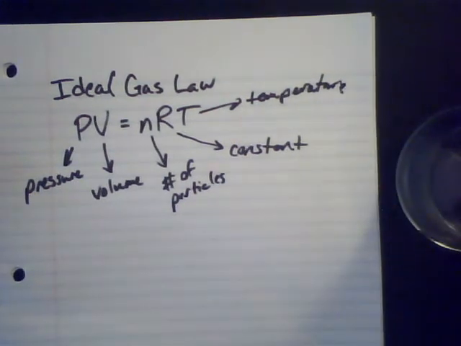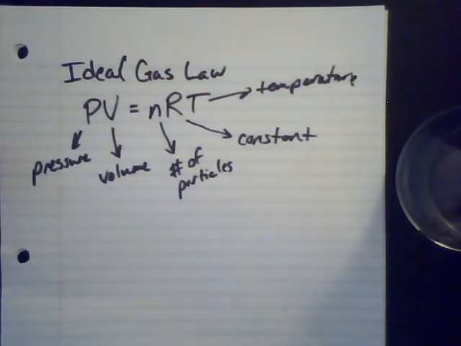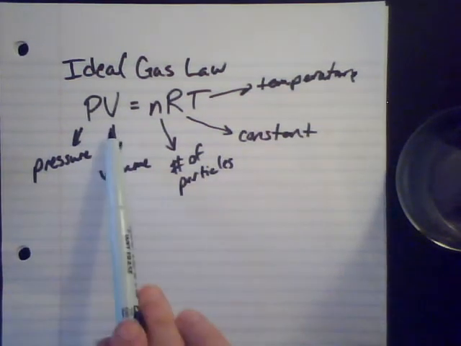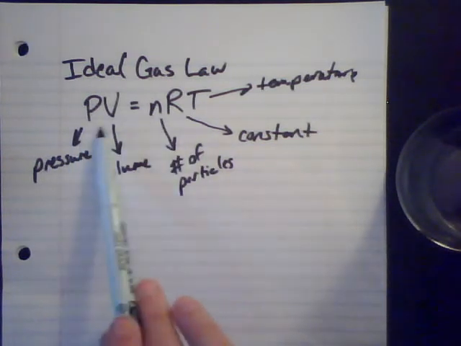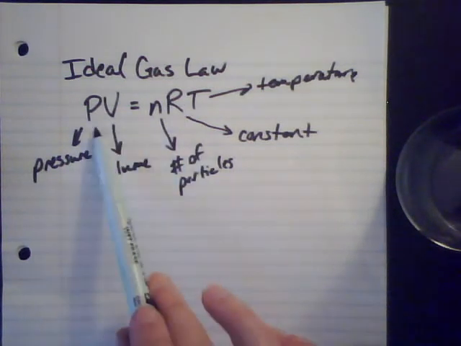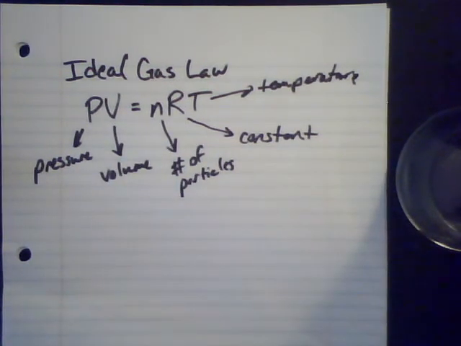So PV equals nRT, or PiVNert, as it is sometimes affectionately known. I want you to know this expression, PV equals nRT, because within it are the three different gas laws that we just saw. This inverse relationship between pressure and volume, and this direct relationship between volume and temperature, and pressure, and number of moles and volume. Okay. There are a couple more gas laws. There is one between pressure and temperature, and there's actually others beyond that as well. But for the ones that we're focusing on, those three are the ones that I want you to know. And they all culminate in the ideal gas law.